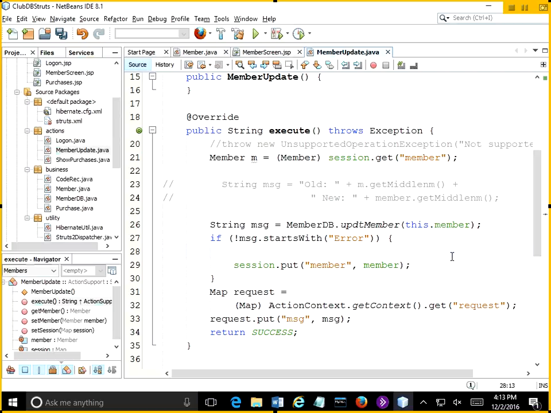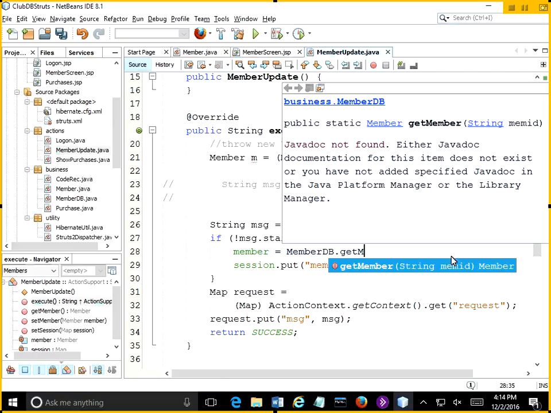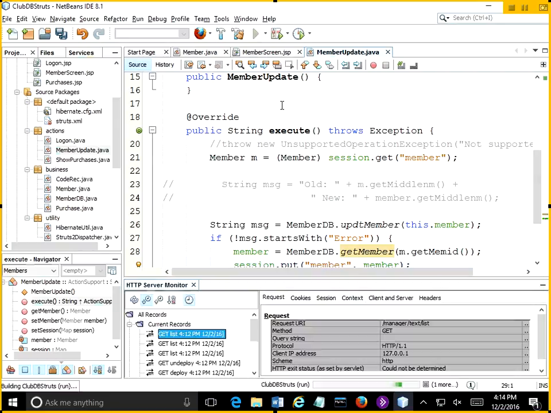refresh by Hibernate call. So we need to do member equals memberdb.getMember, and we've got m up there, which should be the same ID, so we'll do m.getMemID. So we're going to refresh our member object, which was just updated to the database by Hibernate. We're going to refresh it with a get call and then re-put member onto the session. And so now, when we run,